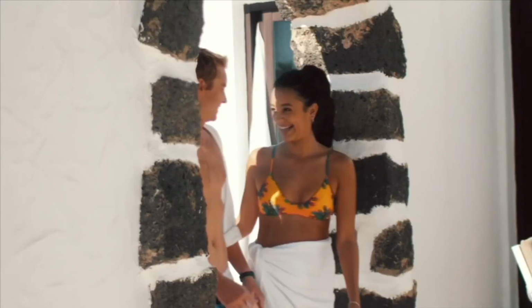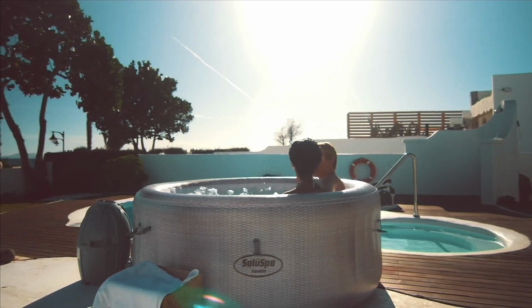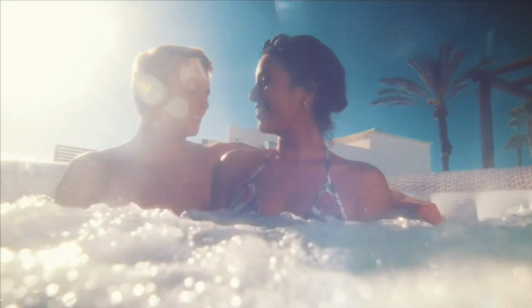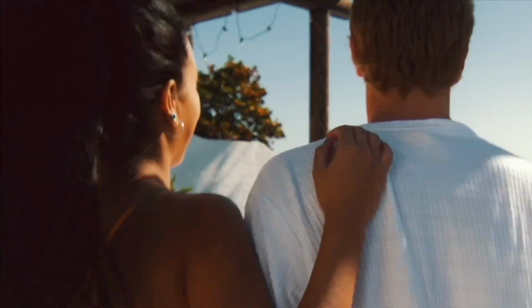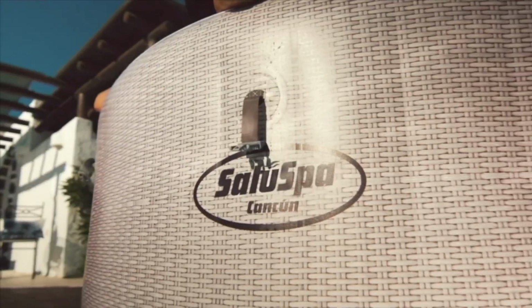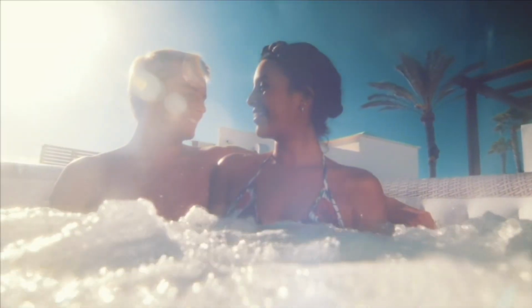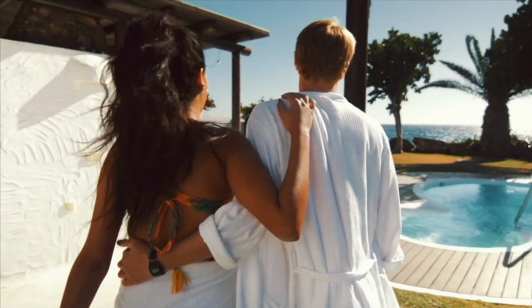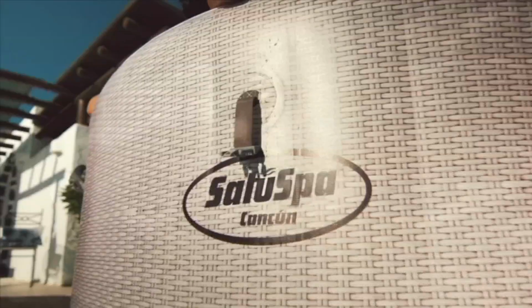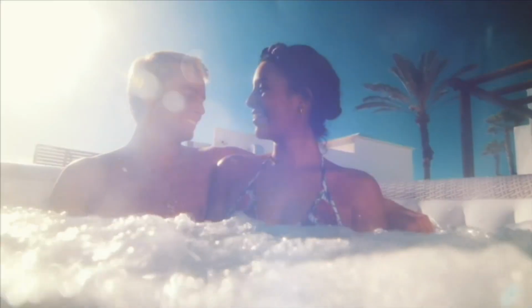But here's what it is. This is just relaxation. It's party time. It's soothing your muscles. We know that warm water is therapeutic. When it's cold and everything's tight, your body's not happy. But when it's warm and everything's stretched out, it just feels so much better. It really contributes to your well-being. It does for me anyway. And the sound is also soothing. We also know that the sound of bubbling water